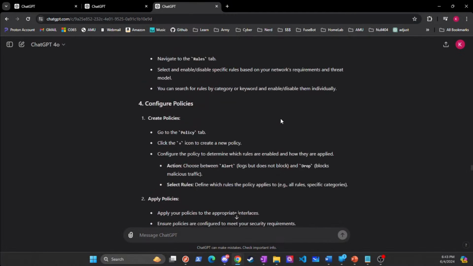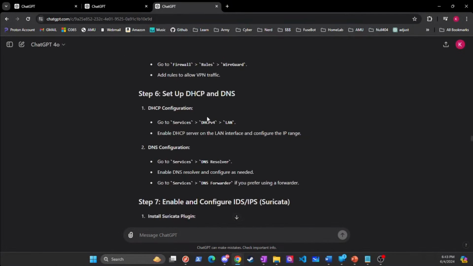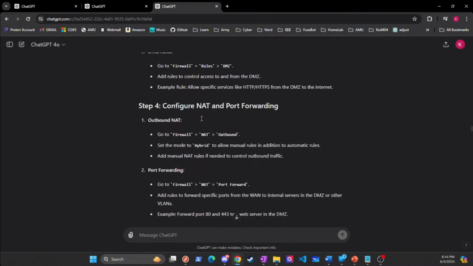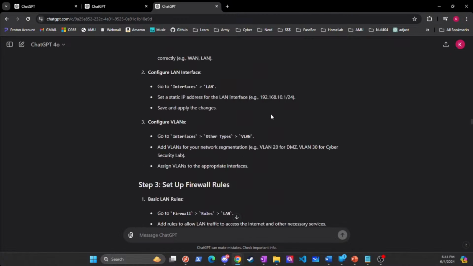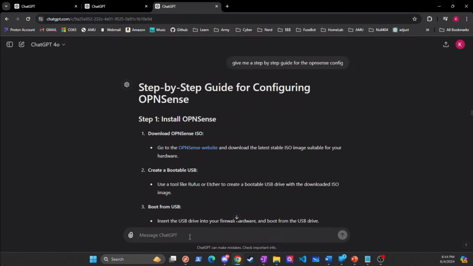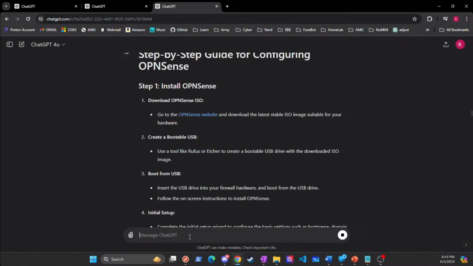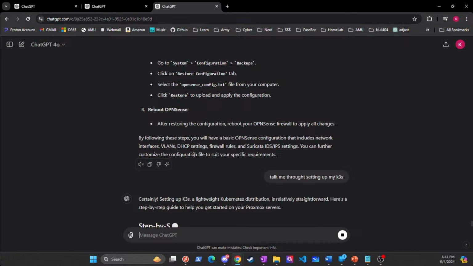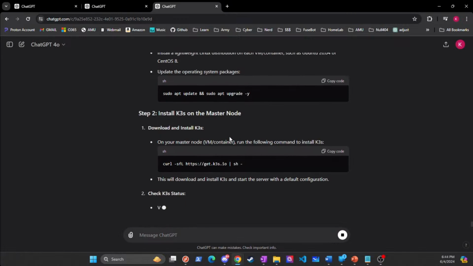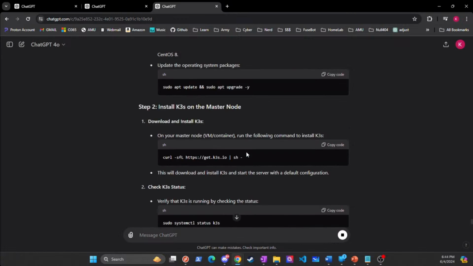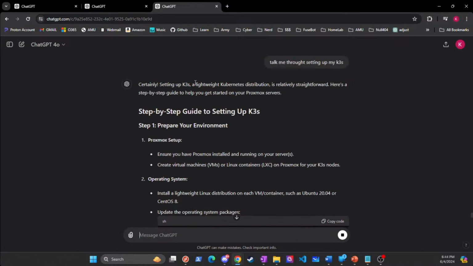So I'm not a huge Kubernetes guy just yet, but I think we could probably do configuring WireGuard. That's awesome. That's all that type of stuff. But talk me through setting up my K3s, right? K3s is a distributed Kubernetes high availability stack that is redundant in all forms, super distributed and super efficient on the resources, right? Yeah, right here. So it talks about what it is: a lightweight distribution. It's run by Rancher. Extremely straightforward, step-by-step guide.